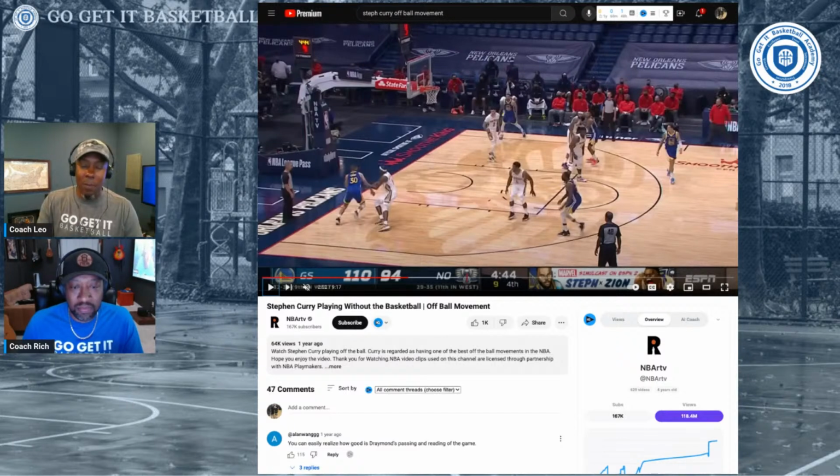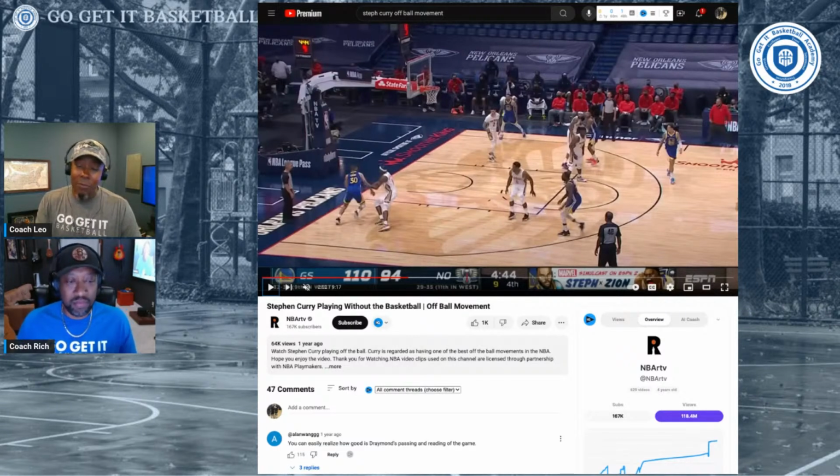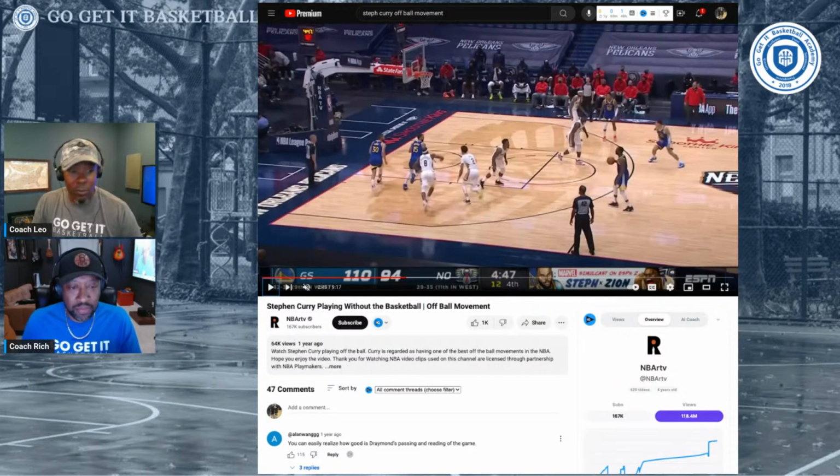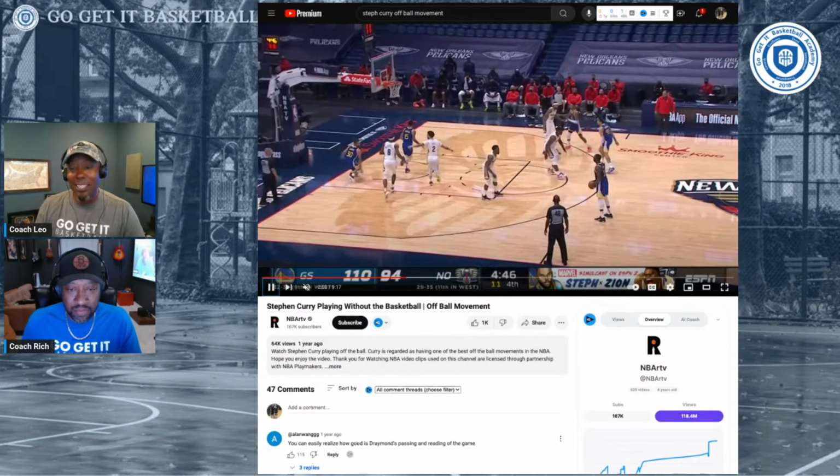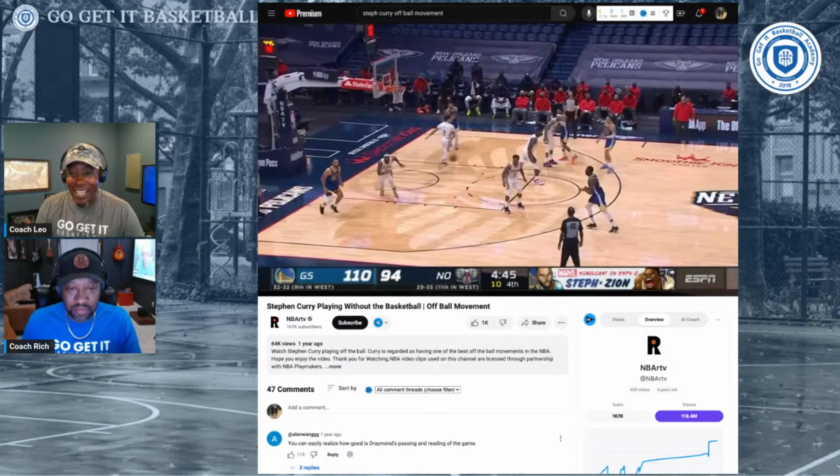There's a lot of people that can shoot the rock really, really well, right? You can look at even somebody like a JJ Redick, you consider him a great shooter. But was he ever able to score like Steph? Steph's off the ball movement is off the charts. But I want to go back and play this from Coach. This once again, man, defenders